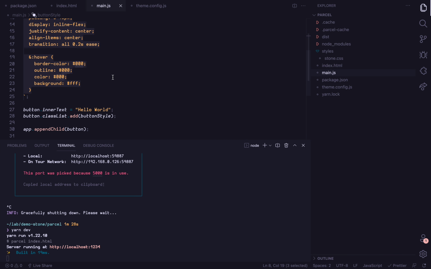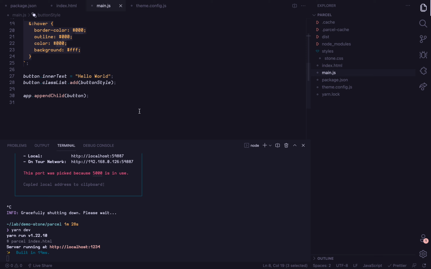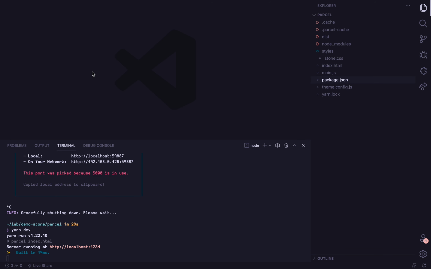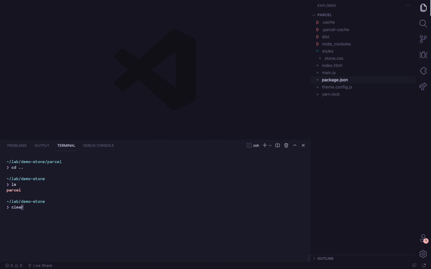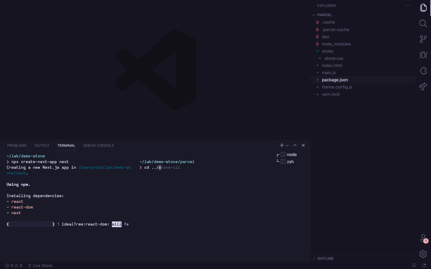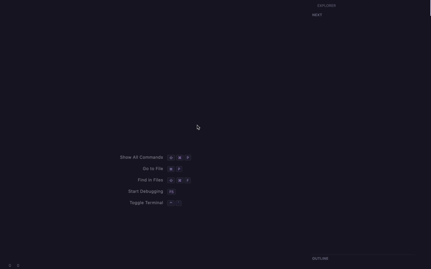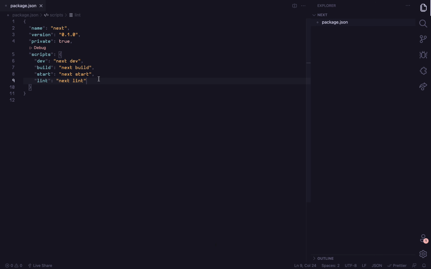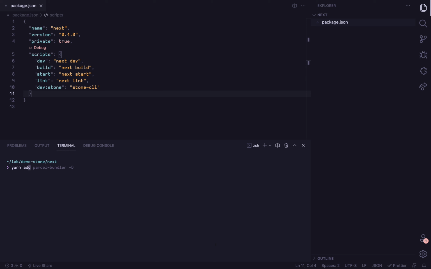And that's basically what I wanted to show, but obviously not everyone's using Parcel. You might want to use something else. So we're just going to move into creating a Next project as well, because that's the most used static site generator right now. I'm just going to wait for this to generate, and same thing as before, while this is generating, we're going to set up a few things. I'm going to add the dev stone script, which is going to run the Stone CLI, and we're also going to add,